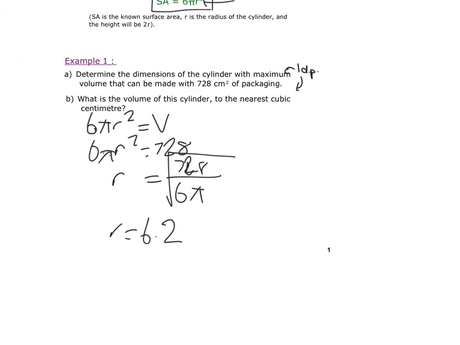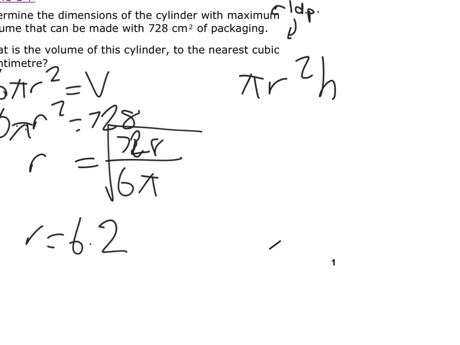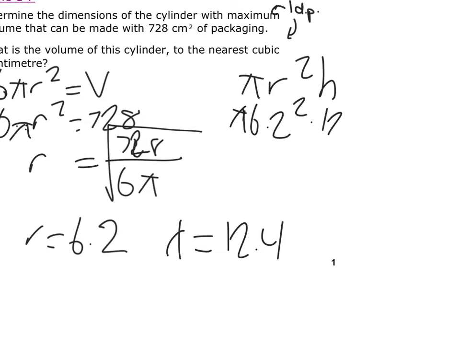Now, you move on to the volume of a cylinder. So the formula for volume of a cylinder is pi r squared times height, and we know that for the maximum volume, the height and the diameter have to be the same. So the diameter is 2r, so d equals 12.4, and so now you can just fill it in. So pi times 6.2 squared times 12.4, which is equal to